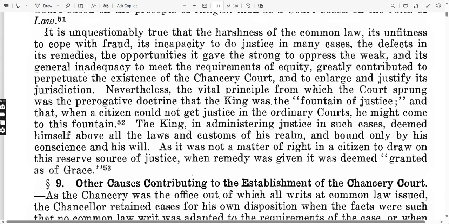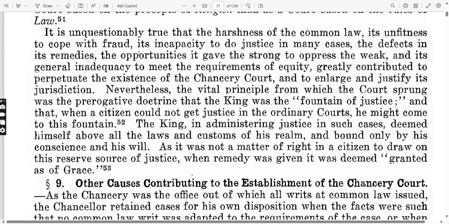It is unquestionably true that the harshness of the common law, its unfitness to cope with fraud, its incapacity to do justice in many cases, the defects in its remedies, the opportunities it gave the strong to oppress the weak, and its general inadequacy to meet the requirements of equity greatly contributed to perpetuate the existence of the Chancery Court and to enlarge and justify its jurisdiction. Nevertheless, the vital principle